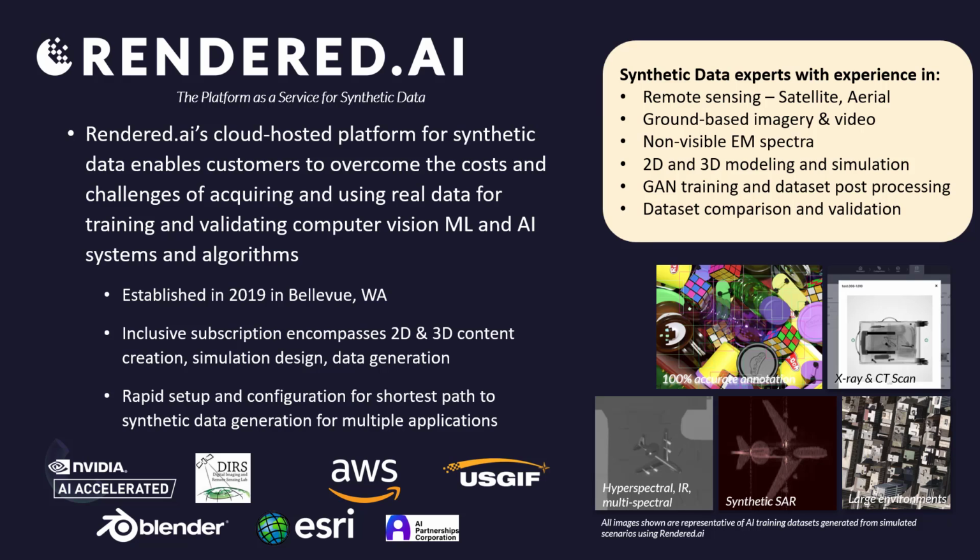Rendered.ai offers a platform as a service for computer vision customers who are struggling with the cost and challenge of acquiring or using real sensor data for training and validating computer vision and machine vision systems. Rendered was established in 2019 in Bellevue. We work through a subscription model. That's our primary business model, in which either you can use the PaaS on your own or we can actually